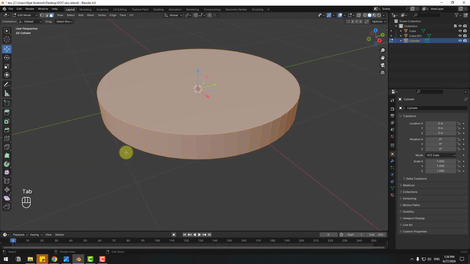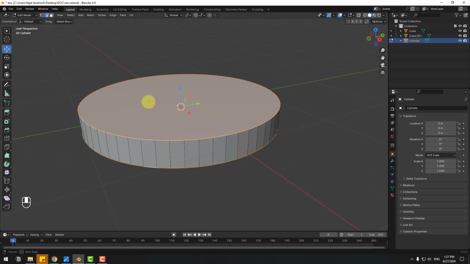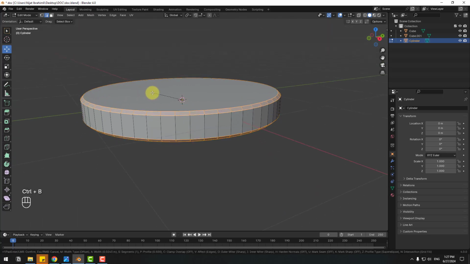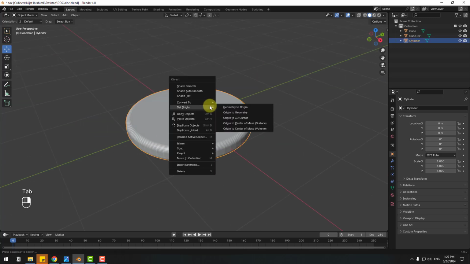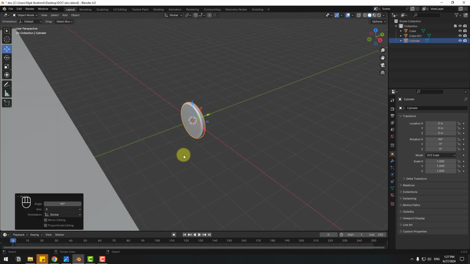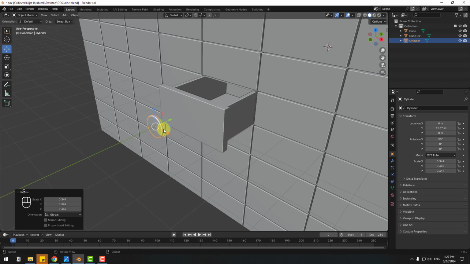Let's click Tab, select Edge Selection and let's hold Alt and double click. Also hold Shift+Alt and click here to select two faces and Ctrl+B for bevel. And change the mouse scroll to add segments. Okay, click Tab and right-click, Shade Smooth. Change the rotation, click the Selection tool, move to the left and press S, change the scale